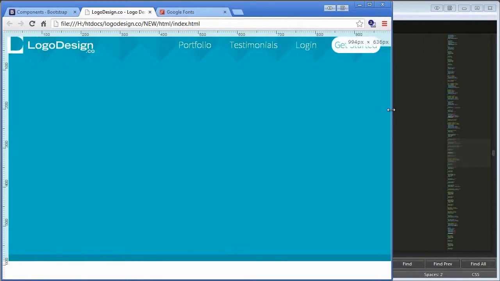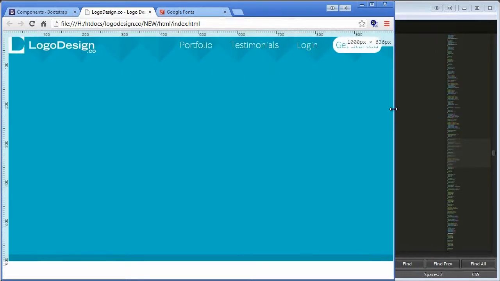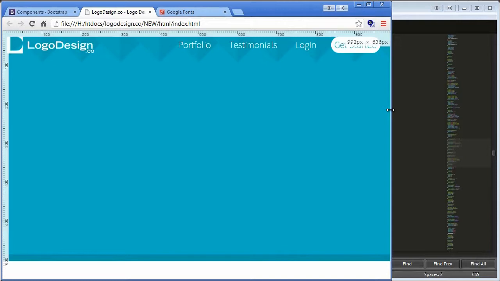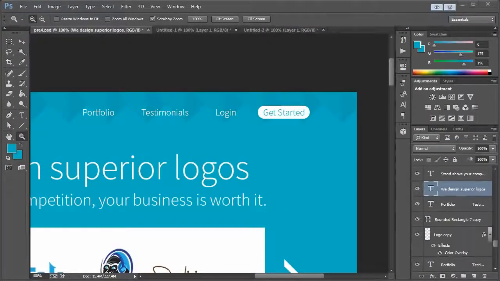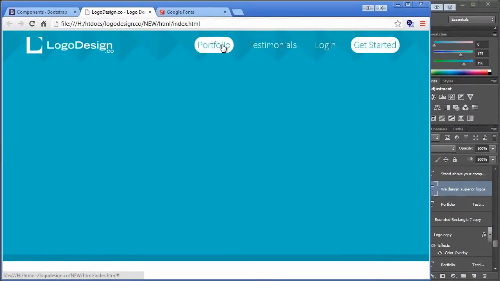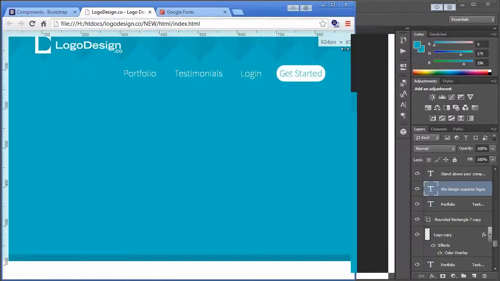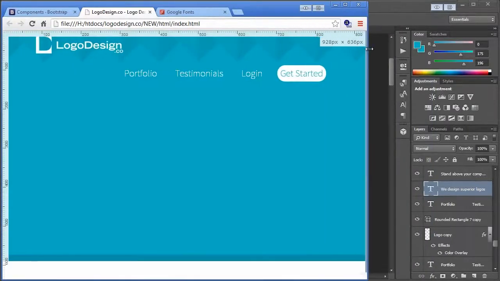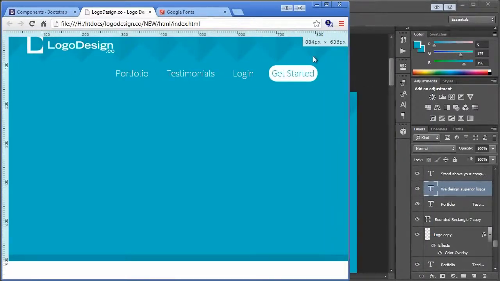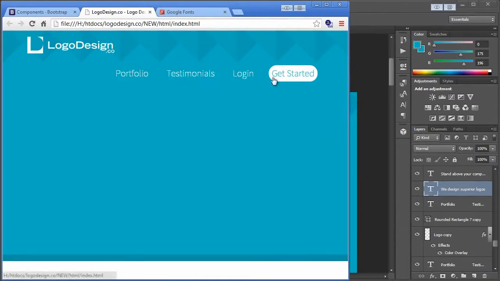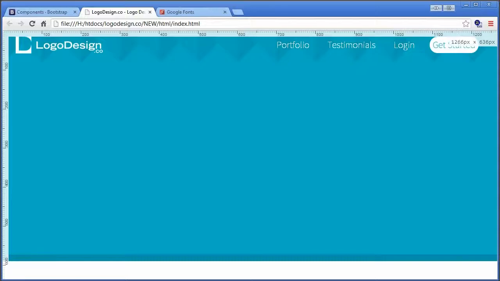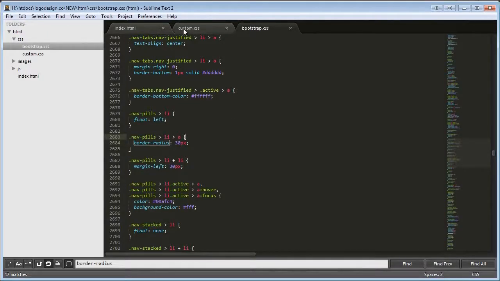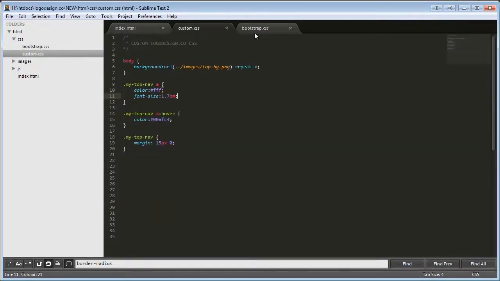And so we can find out the exact portion of where it is breaking just by these rulers right here. It's by taking the font size here for these links and scaling them down. And that way it will prevent this issue from occurring. So let's go over on to our editor here, and we're going to look in Bootstrap for a specific